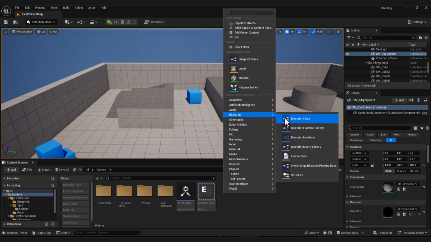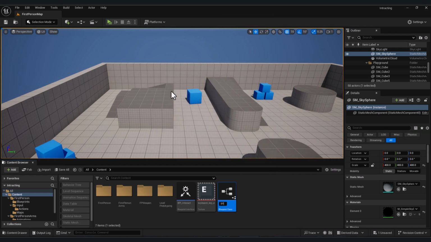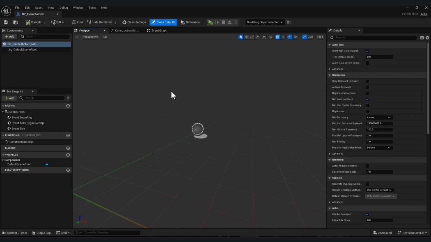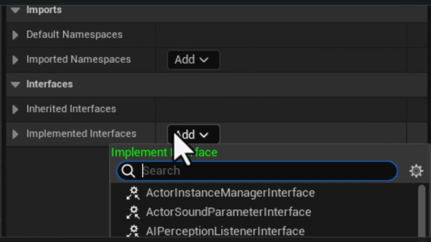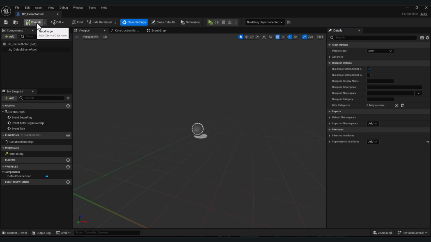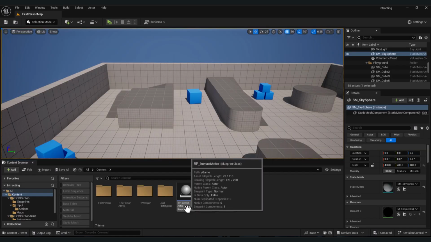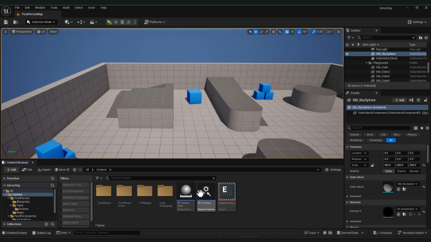Now let's create our interacting actor. Right mouse click, blueprint, go to blueprint class. Let's create actor. Let's name it for example BP interact actor. Open it. Go to class settings. Here in implemented interface, let's add our new interface that we created, BPI interact. Compile, save. If you want to create a new actor to interact with, we just create a new child